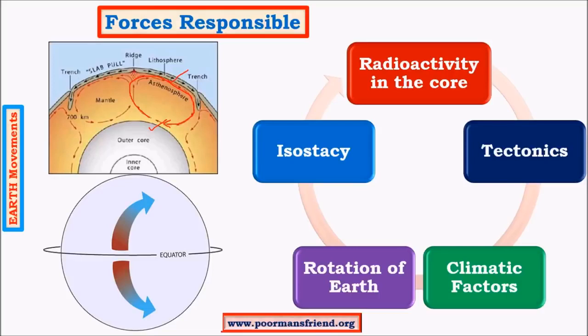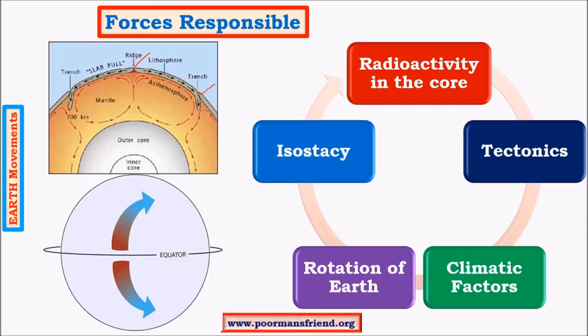We have seen how convection currents occur in a pot of water. Likewise, here also there are convection currents, and when this convection current takes place, the friction caused by these currents, that is the movement of molten magma and the lithosphere, helps in movement of lithosphere. And there are various kinds of landforms which are formed due to these convection currents. The first one is ridge, where the rising limbs of two convection currents meet, and where the falling limbs meet,